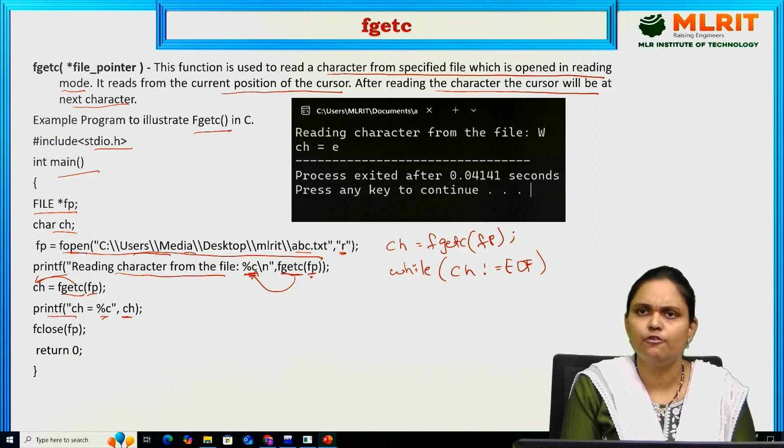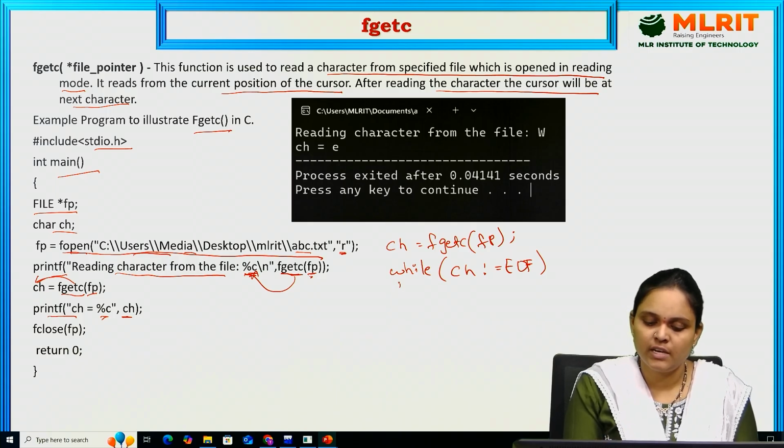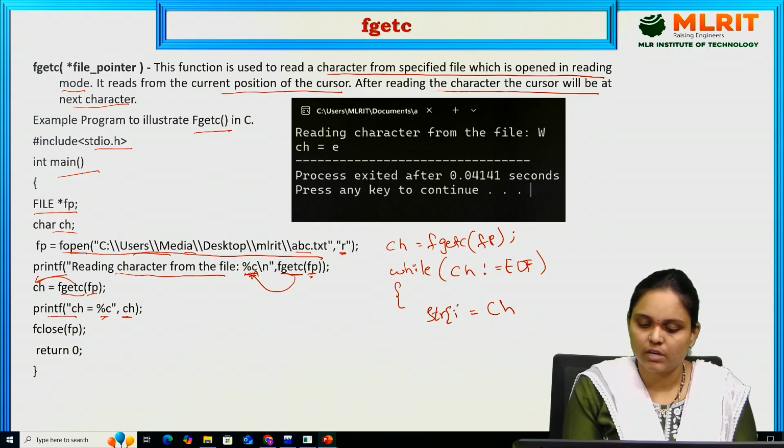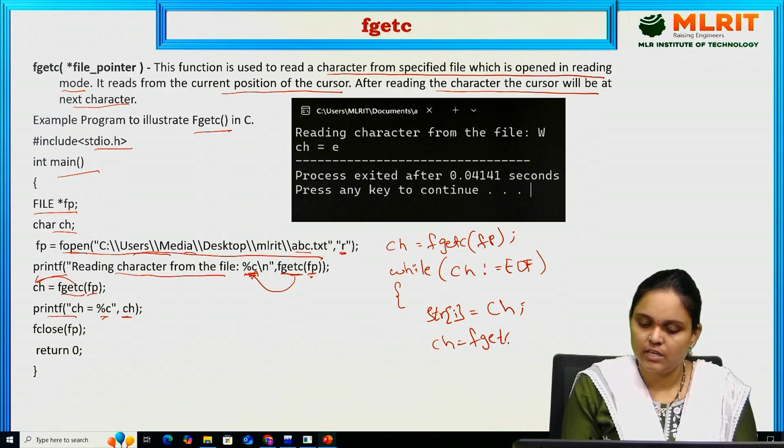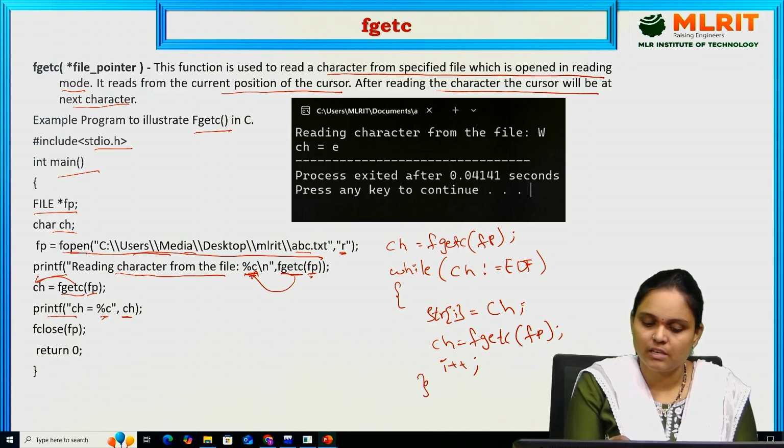If it reaches the end of the file, then the last character, like for a string we have the null character, in the same way for files we have the end-of-file character, and its value is -1. Here we are reading, and that ch value we are storing in this string, str of I. By using the ch character, we are reading the next character present in the file, and we are incrementing I++, because initially we take I